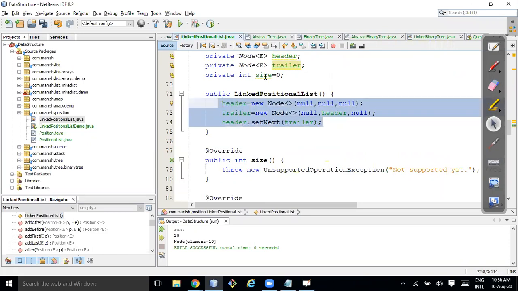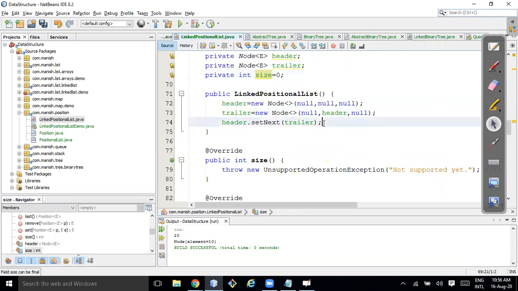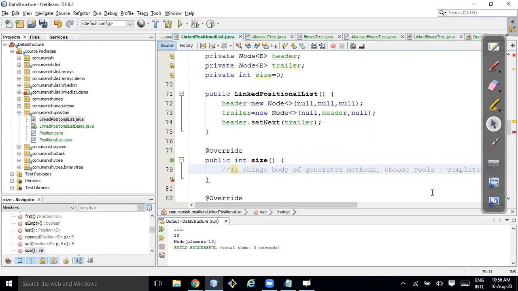And by default size is 0. If you are not declaring size here, you can declare it here also. Now if you write size, it will give you the size. So let me try to write some methods. You can return size, it will give the size.